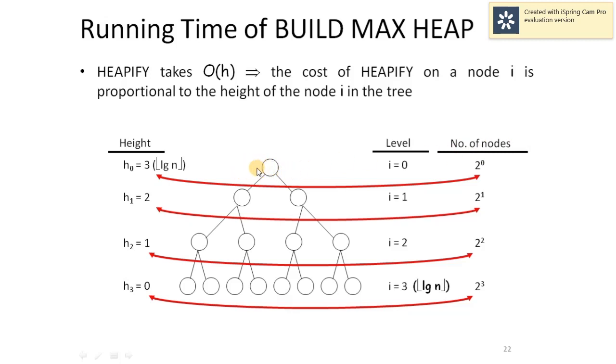So as you can see, at the root, at level 0, we have only a single node, that is the root. So I can write 1 as 2 to the power of 0, or in other words 2 to the power of level. So 2 to the power of 0 will give me 1. When I reach level 1, then at max we can have only 2 nodes. So I can write it as 2 to the power of 1, or 2 to the power of level.